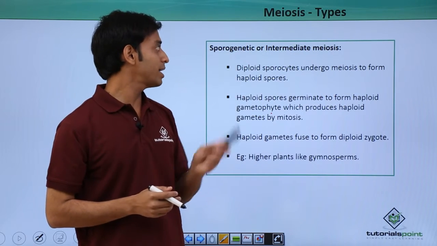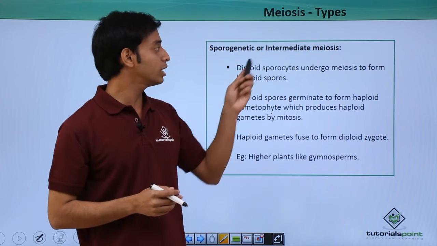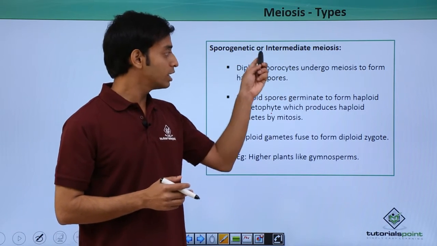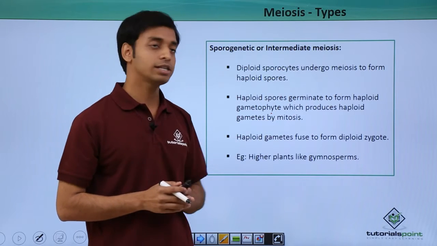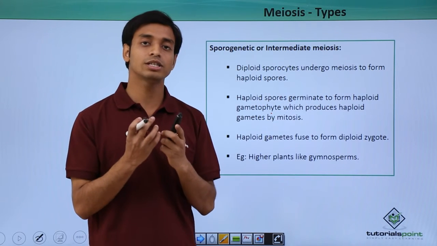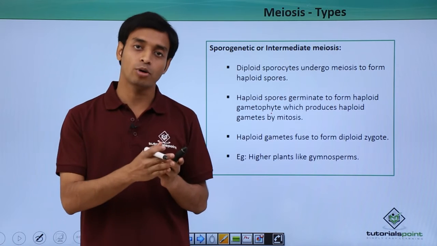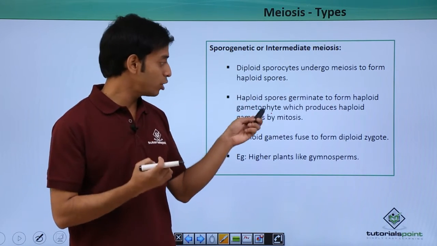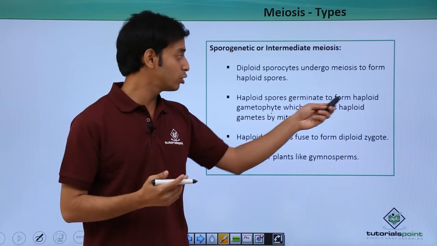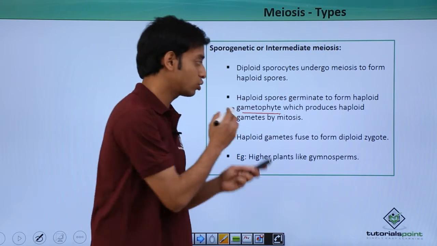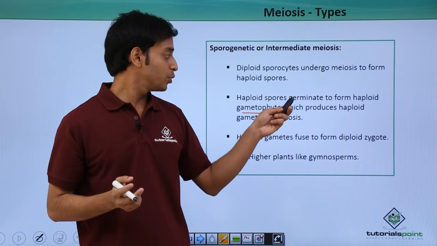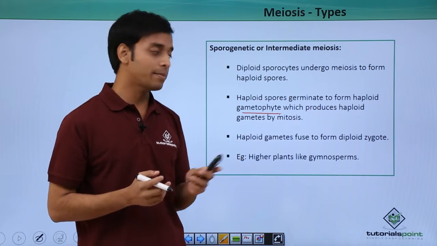The third type of meiosis is known as the sporogenetic or the intermediate type of meiosis. Here the diploid sporocytes undergo meiosis to form haploid spores. So initially the sporocytes are diploid. Now they will undergo meiosis to form haploid spores. Now these haploid spores which are formed will germinate to form the haploid gametophytes. So the haploid spores now germinate to form the gametophytes which will now produce the haploid gametes by the process